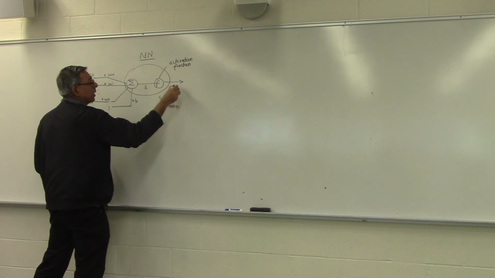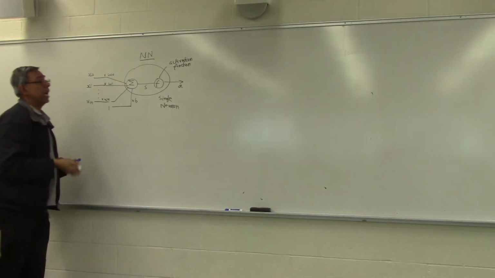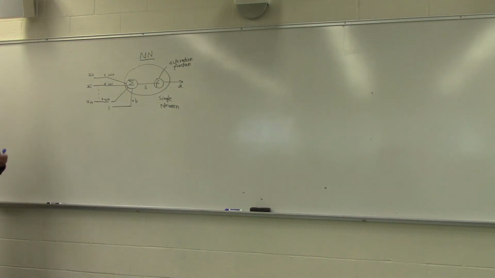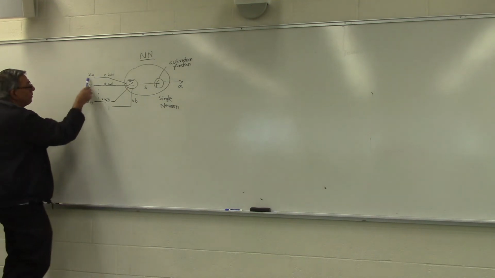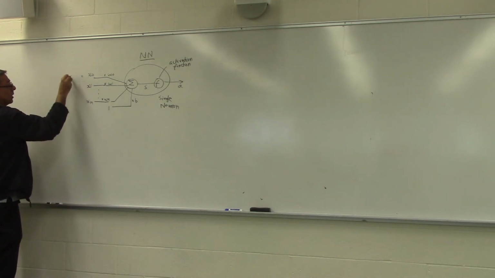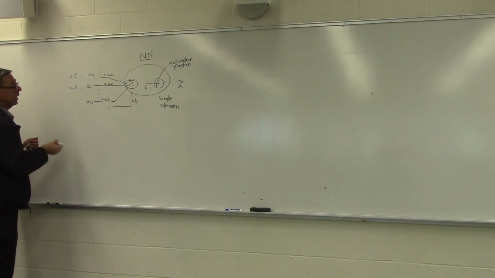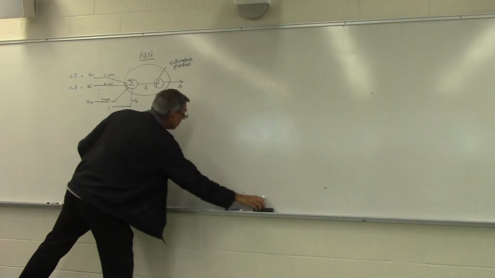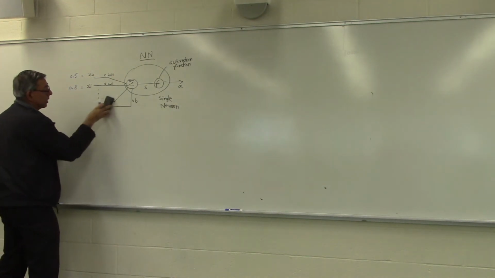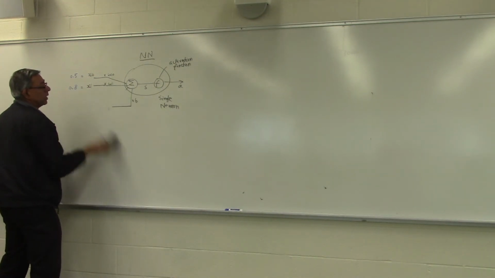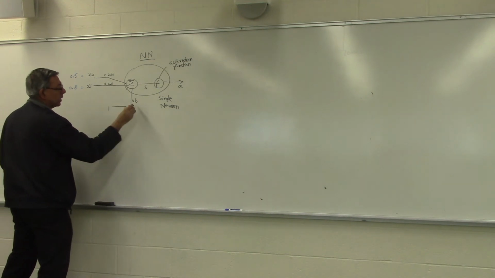Okay, so let me call this output A, for activation or for actual, whatever you want to think of it as. For the benefit of those of you who are new to this, let's pick a very simple example. Let's say our inputs are 0.5 and 0.8. Let me just use 2 inputs for right now. And let's say the bias right now is 0.1.